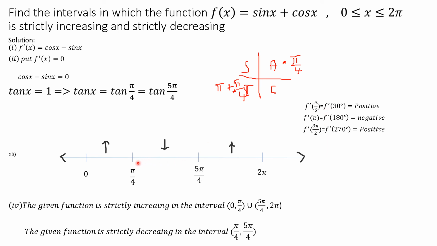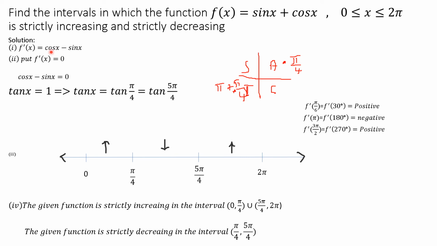Next, in the open interval pi by 4 to 5 pi by 4, take any number. Pi by 4 means 45 degree, 5 pi by 4 means 180 into 5 divided by 4. In between these, I have taken pi, which means 180 degree; 180 lies here. f dash of pi is equal to cos pi